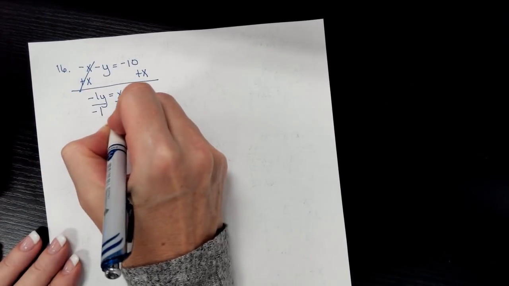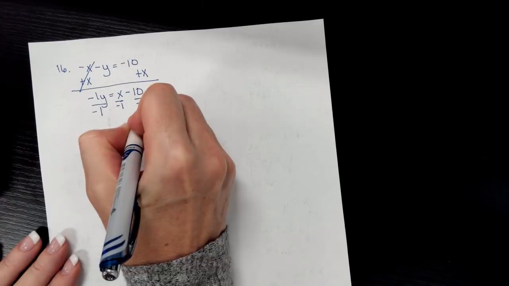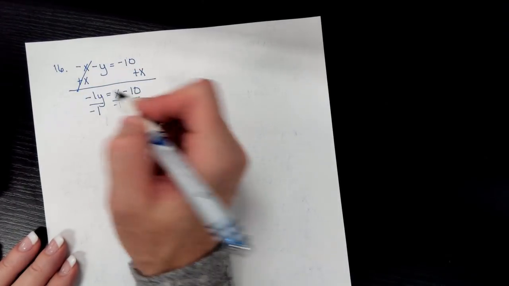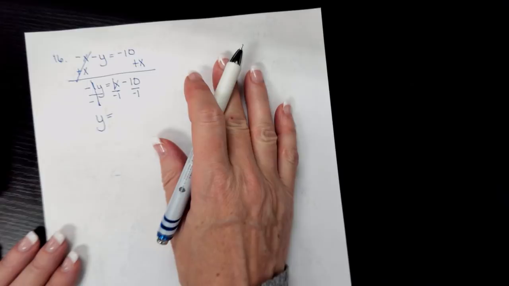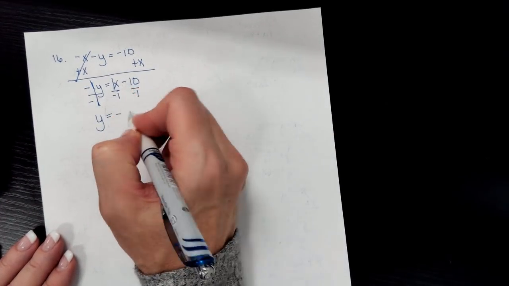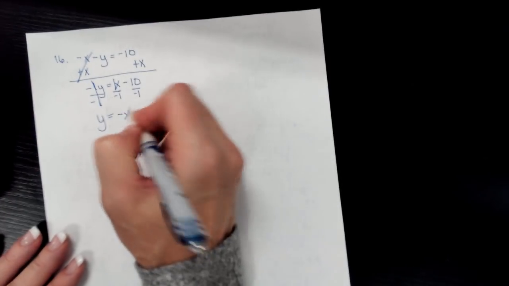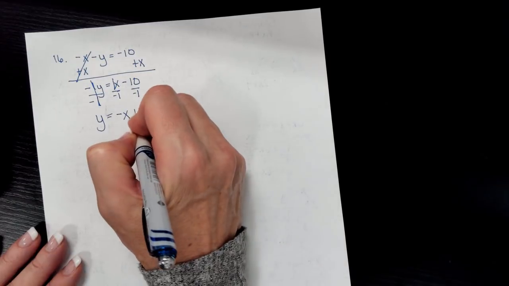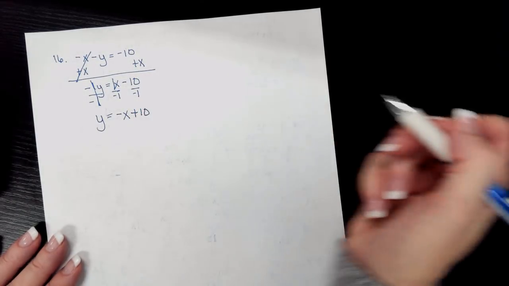So we're dividing every piece by negative 1, which really just changes all the signs. It doesn't change any of the numbers. So y equals, so there's a 1 understood, so 1 divided by negative 1 is just negative 1, so negative x, and negative 10 divided by negative 1, two negatives make a positive. Okay,